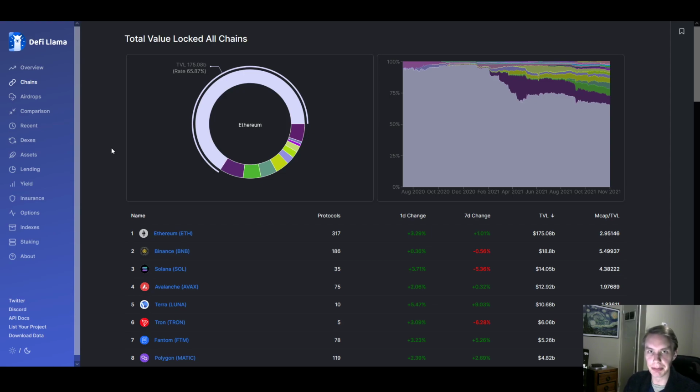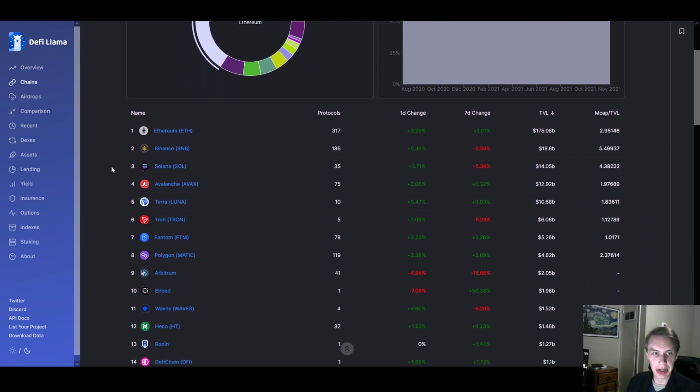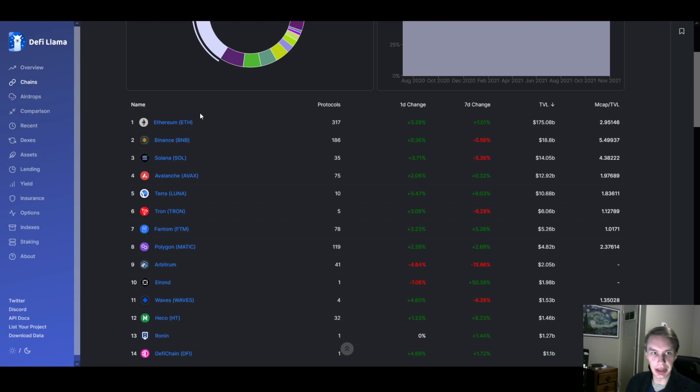Coming out of the summer, one of the big narratives was that Ethereum, being this really expensive layer 1 protocol in the context of transaction fees, costs a lot of money just to transact on. There was a narrative that formed that the market was looking for cheaper alternatives, where you could do things like DeFi without spending $50 to $100 on transactions. And so things like the Binance Smart Chain, and especially Solana, really exploded coming out of this summer.